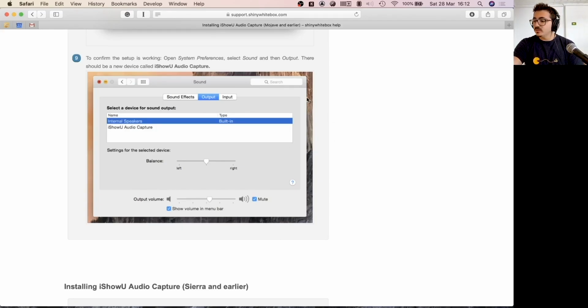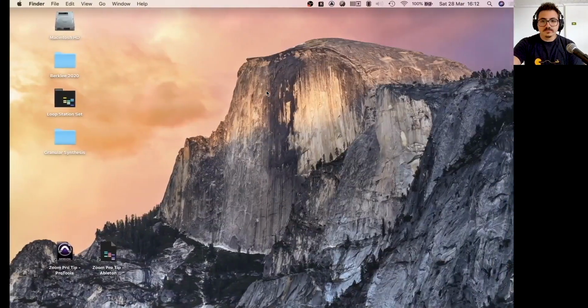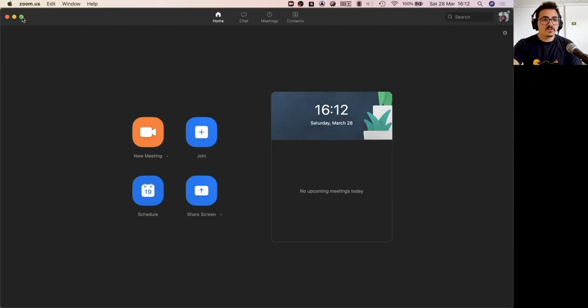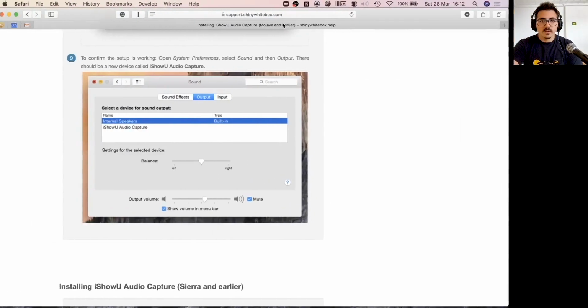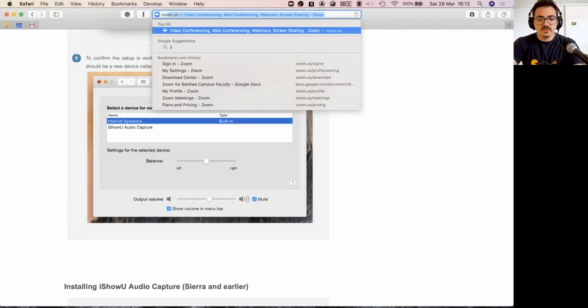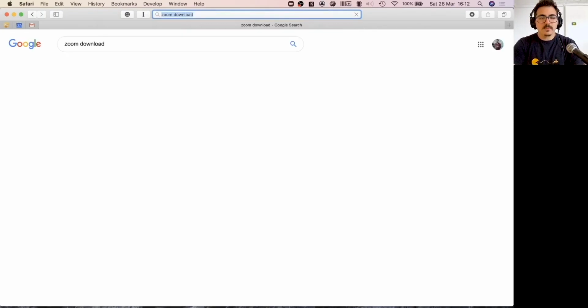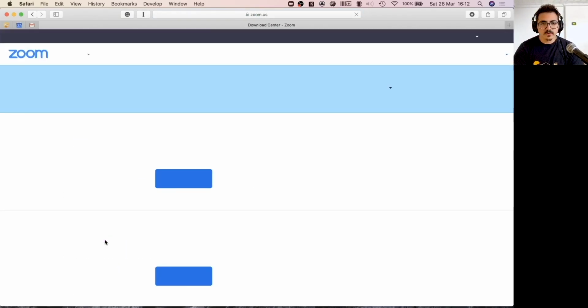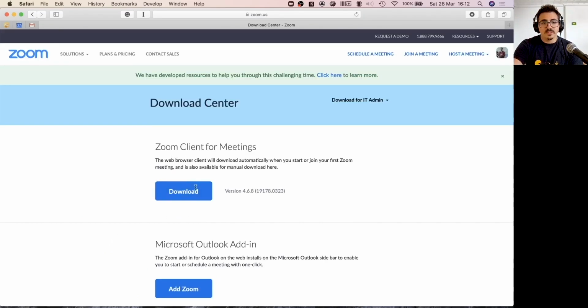Now, the second thing that we need to do is to go to Zoom. So we open the Zoom video chat client, and in order to get this, you need to download it here. You can just type Zoom download, and here, download center, Zoom client for meetings. You can download it from here and install it. You will need to sign in, and after you sign in,